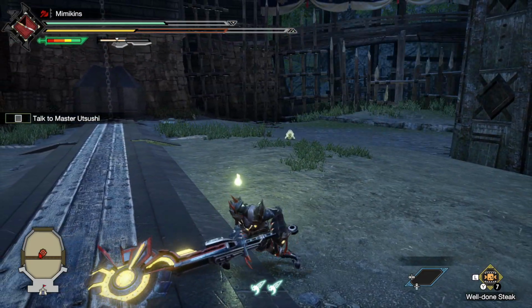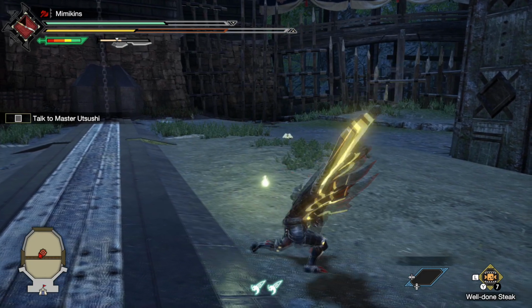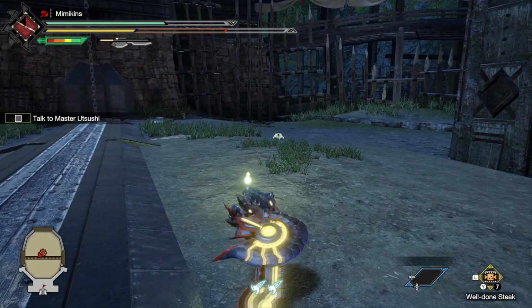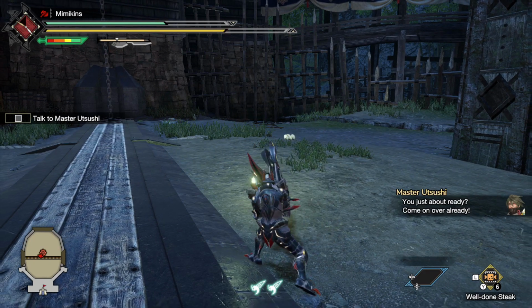The sword combos feel familiar. The overhead slash combo, the double slash with Heavensward Flurry, element discharge,